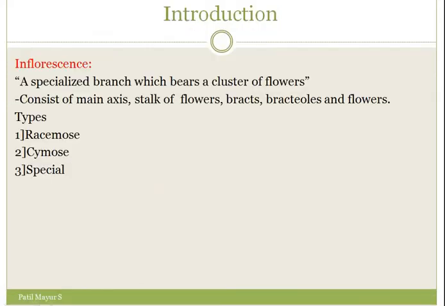Now before knowing inflorescence, you must know different parts of the plants. Parts of the plants are basically divided into two different parts. First one is vegetative part, second one is reproductive part. If we see the plant cycle, it has no start and no end. Wherever we start, we come to that point again, therefore it is called a cycle. So we start by sowing the seed. The plant will germinate into the seedling, it will grow.